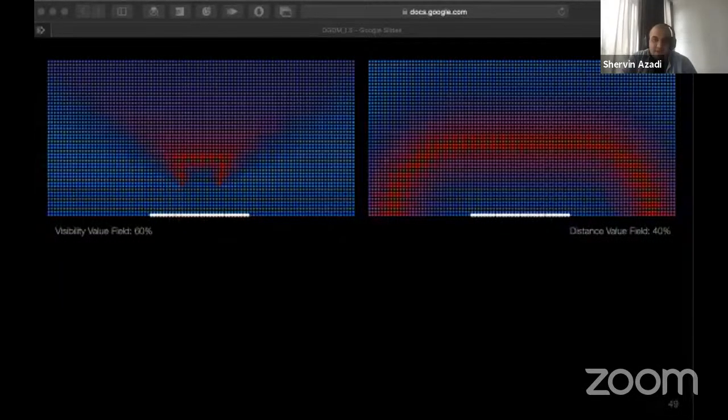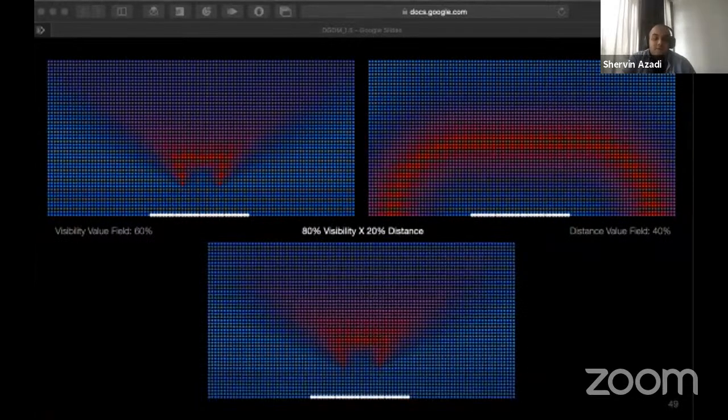our previous points of interest are the fireworks on the stage, and we want to position people in front of the stage so they can both see the stage, aka have the visibility, and be at a safe distance. In this case, we would value 60% visibility and also 40% closeness to the points of interest. What we need to do right now is to combine these two different fields together in a way that we are not mixing their dimensionality. So we can give 80% priority to the visibility and 20% to distance, and the bottom field is going to be generated. Or we can go up to 80% importance to the distance and 20% importance to the visibility. And this,